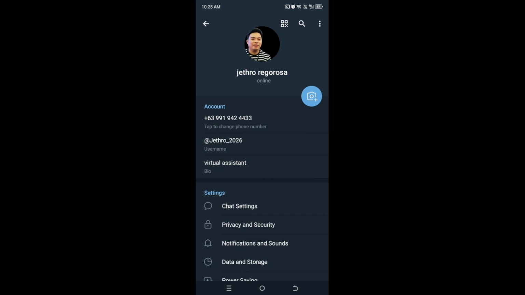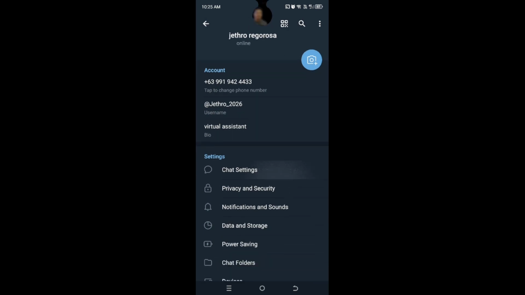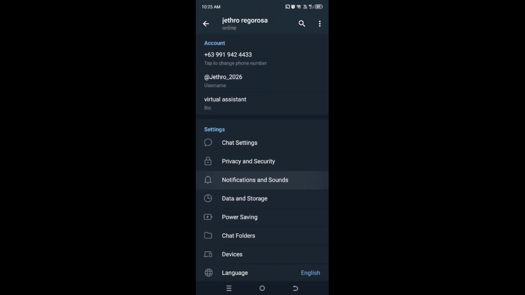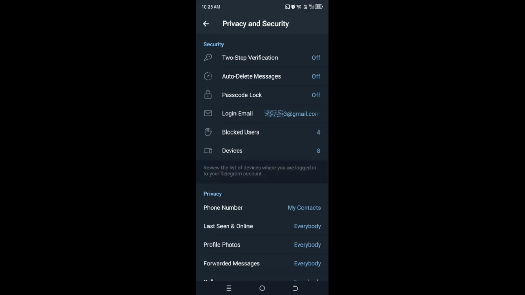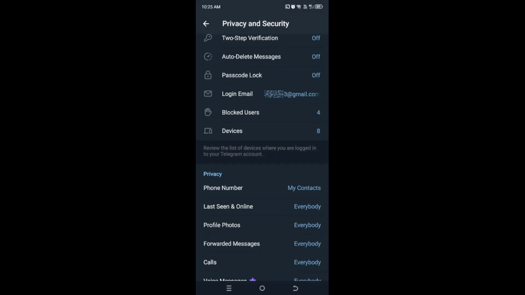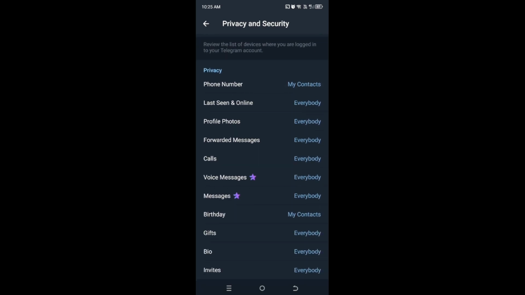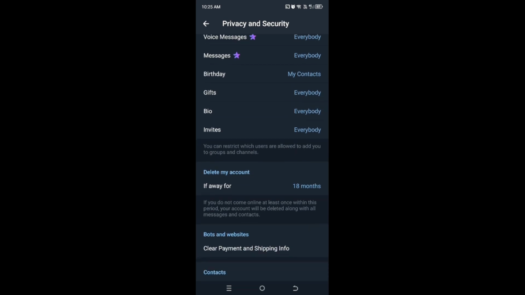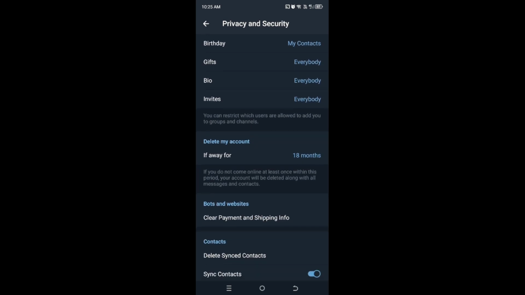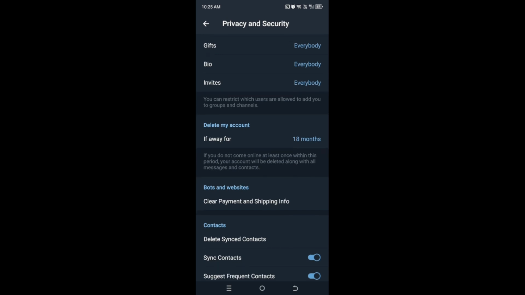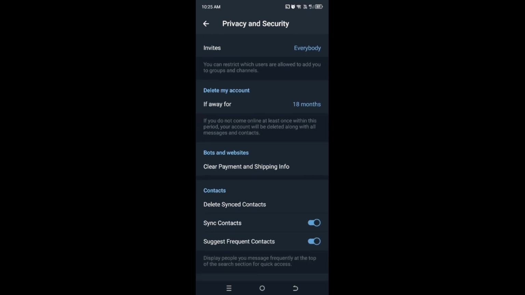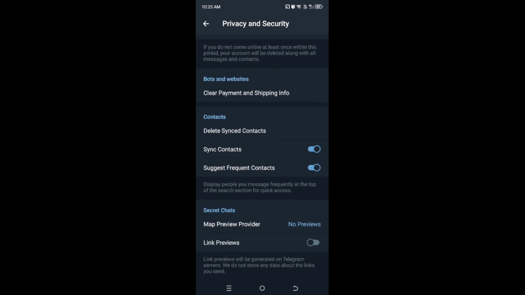Once you're in Settings, look for the Privacy and Security section. Inside this menu, scroll down until you find Active Sessions. This is where Telegram lists every device where your account is signed in, including phones, tablets, and computers. Now, normally, you would tap or click Terminate all other sessions to log out from all devices except the one you're using. However, this is exactly where some people see the error saying, "For security reasons, you can't terminate older